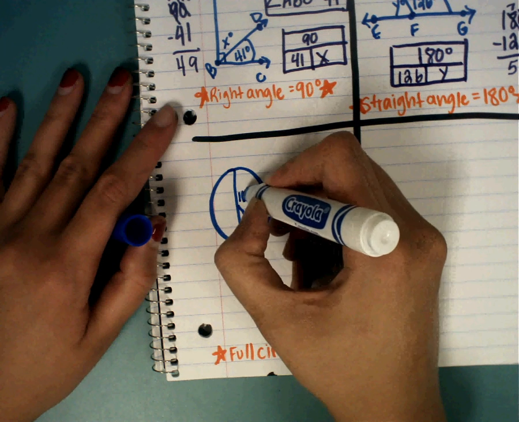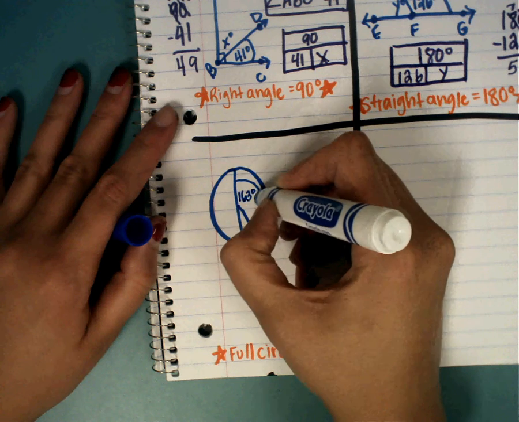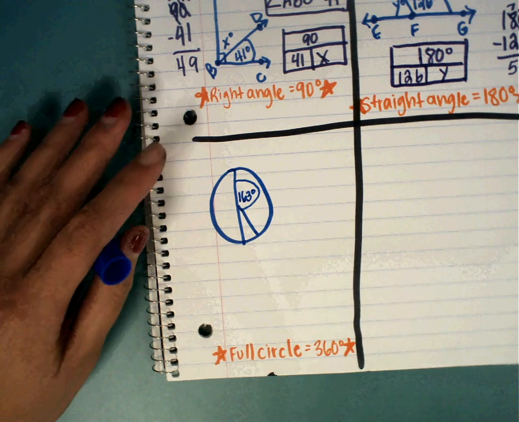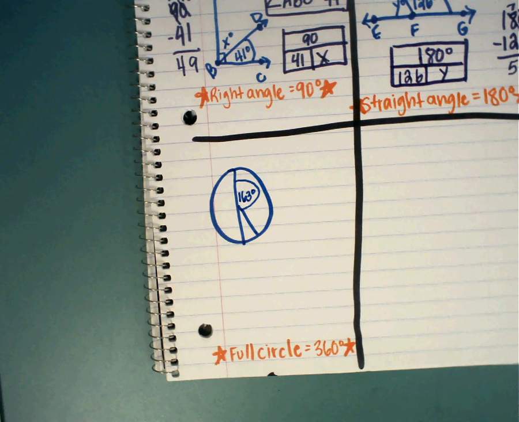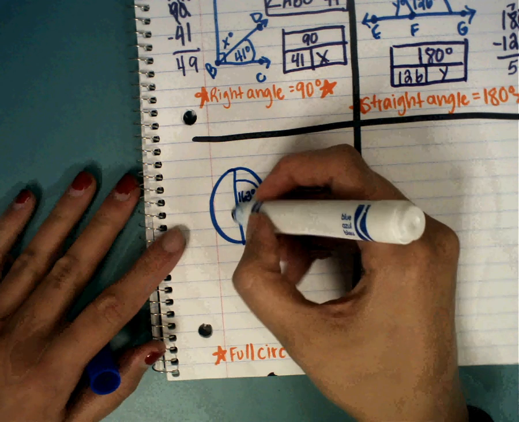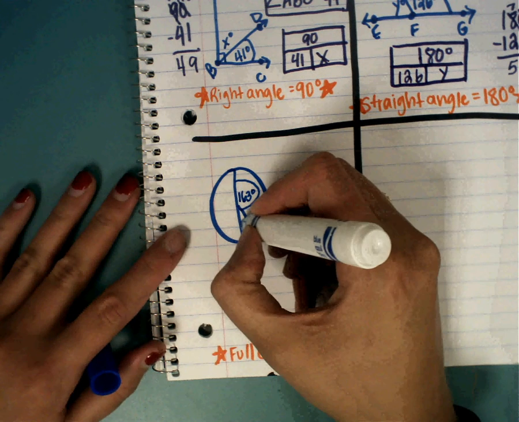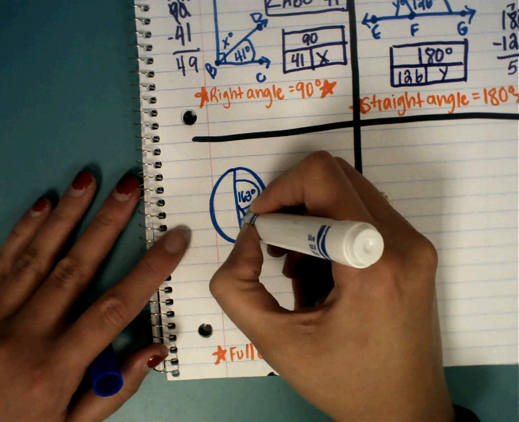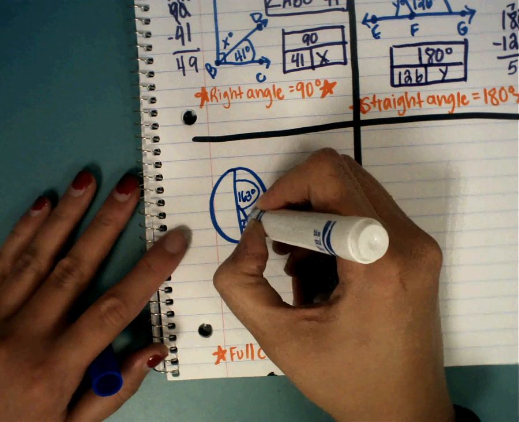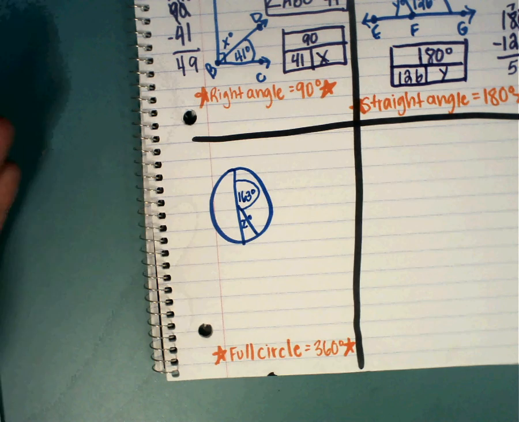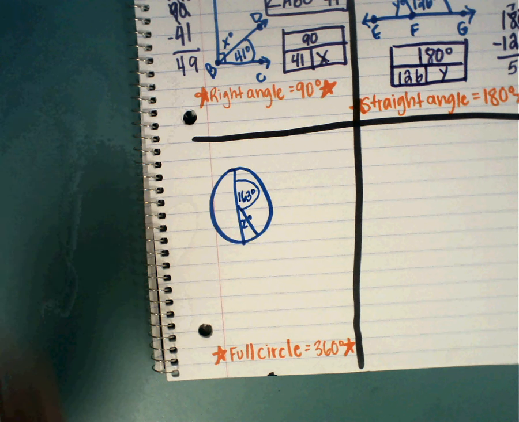This angle right here is 163 degrees. They don't give me this angle over here, and they don't give me what this is down here. We're going to call this angle Z, Z degrees, and that's what we're solving for. We don't know what that is. So if that's the case,